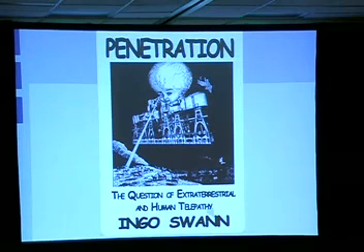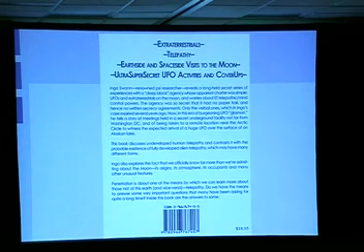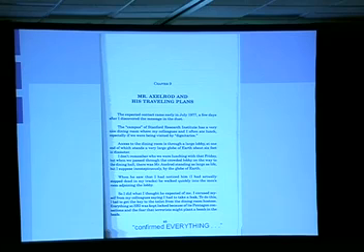He later wrote a book called Penetration about extraterrestrial activity on the moon, which he said he was commissioned to view for a secret intelligence agency. It's a very good book if you can get a hold of it. It's out of print. The events took place, I believe, in 1977, and he wrote the book in 1998. And in the book, he's very explicit about the fact that these individuals he dealt with, he gives them code names like Axelrod, that this confirmed everything he had ever heard about the reality of the extraterrestrial phenomena.